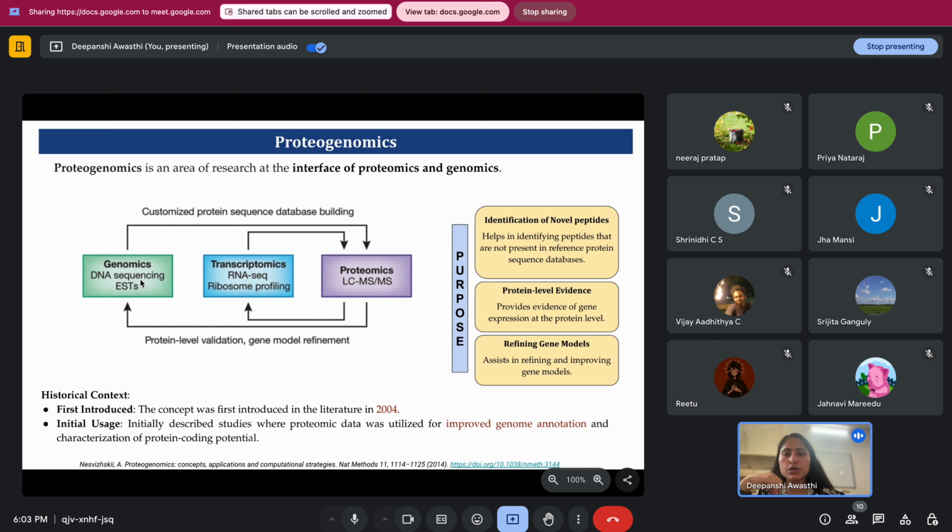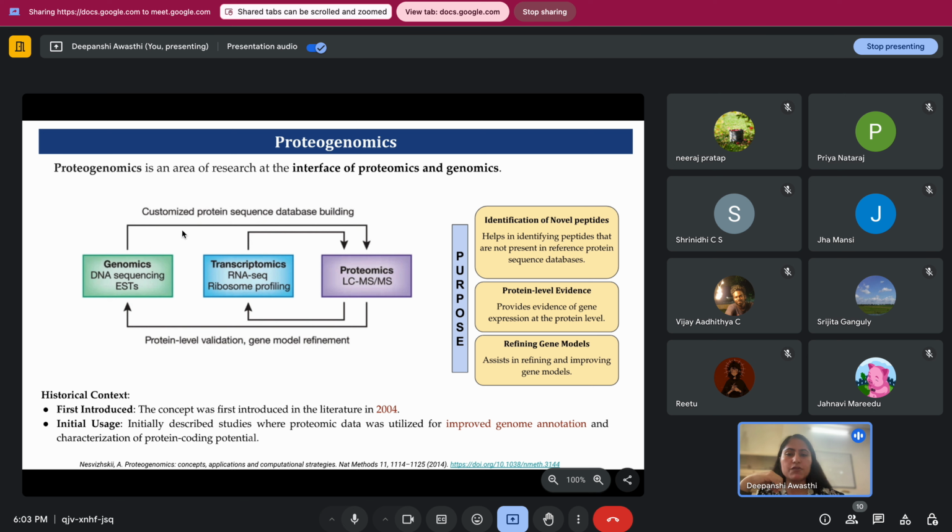For example, if we look into genomics, then we have a vast majority of sequences which we can obtain from genomics. There could be multiple transcript products which a single gene can exhibit. But to identify whether those gene products are really expressed at the level of protein or not, we also require proteomics. But proteomics, which is often studied by using mass spectrometry, misses certain transcripts or certain proteins which could not be captured. In that case, we cannot say that those transcripts are completely absent. So we also need certain information regarding the transcripts,